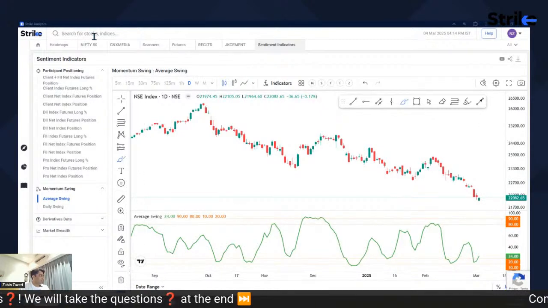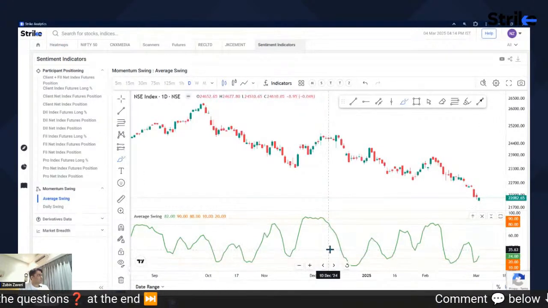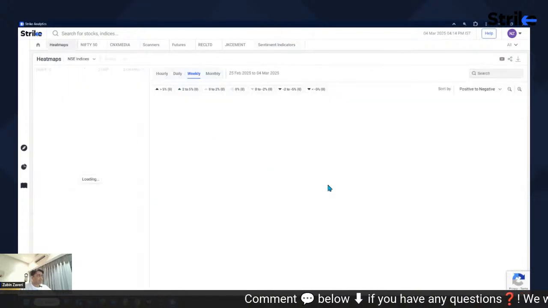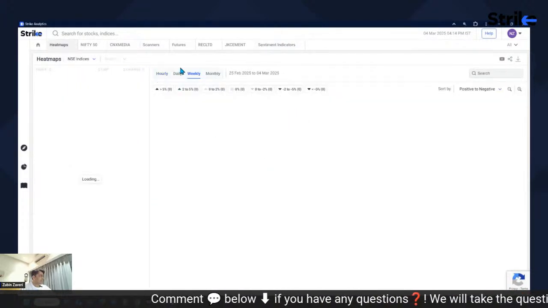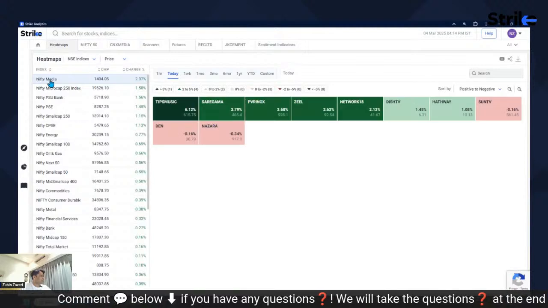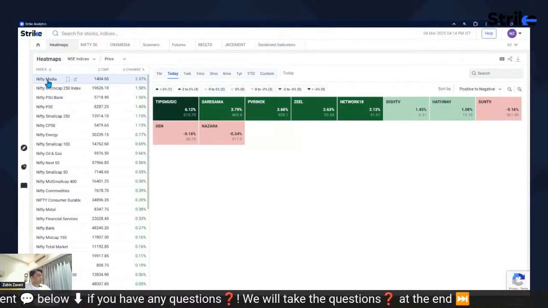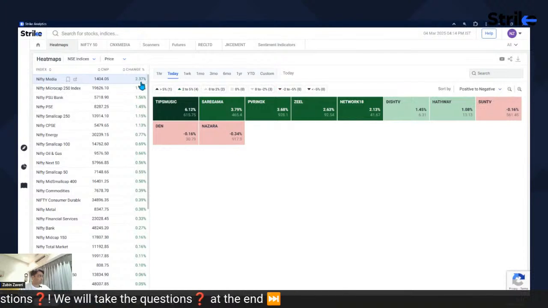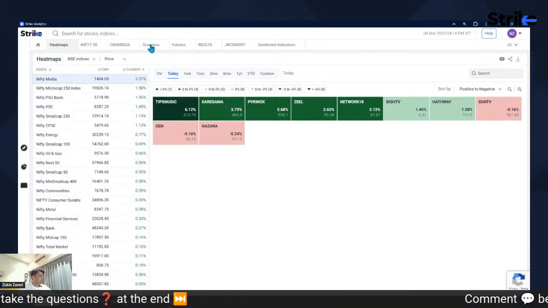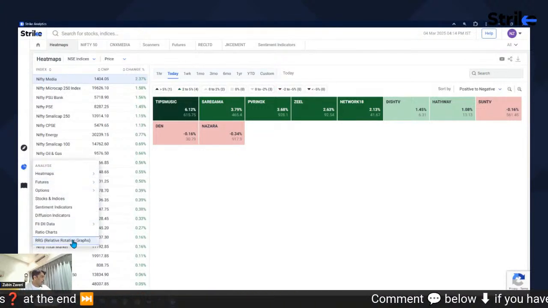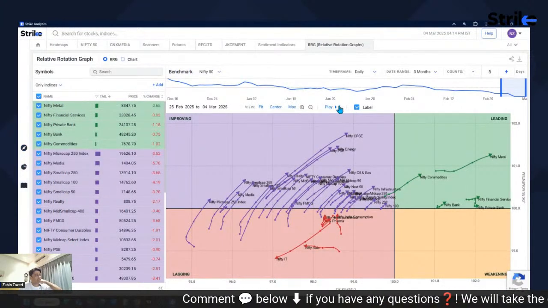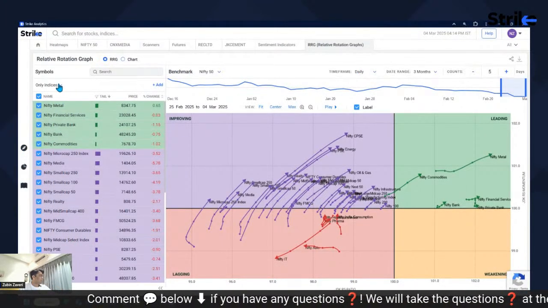We just saw in the heat maps that the auto index today has bounced back. Okay, on the daily time frame chart, sorry, not the auto, the media. Yeah, media is the one that bounced back the most, 2%. So the same thing, if we are looking at RRGs, all right, in RRG on the daily time frame chart,